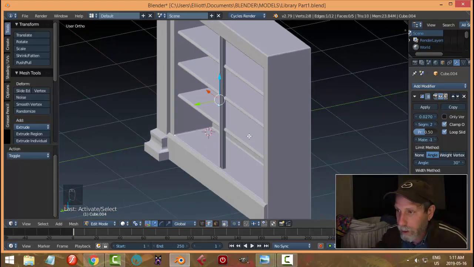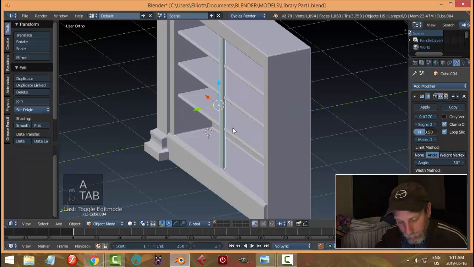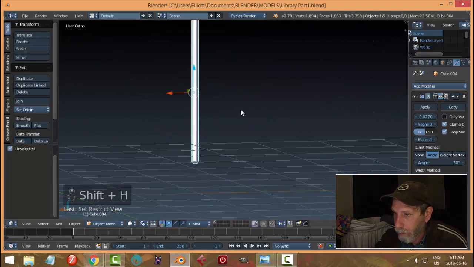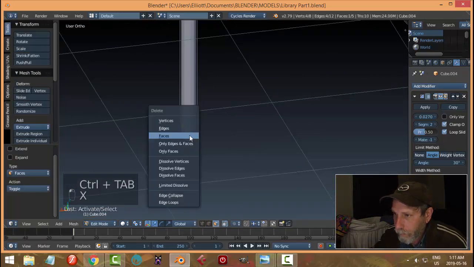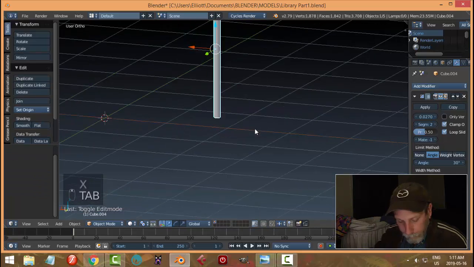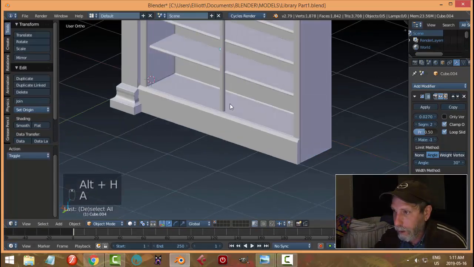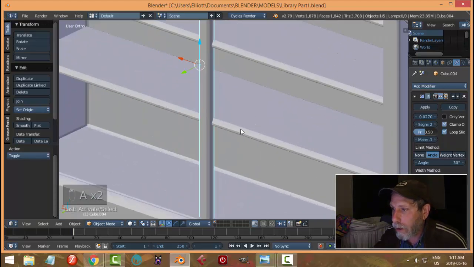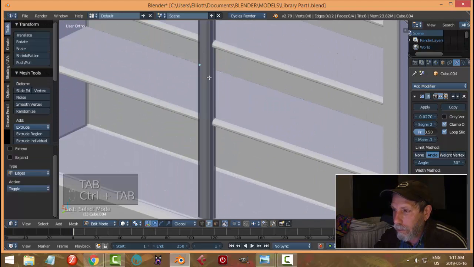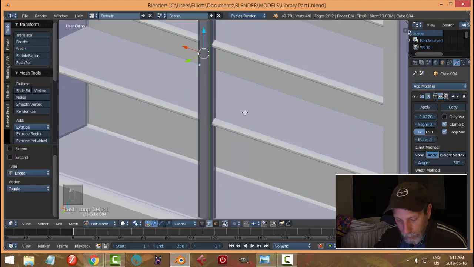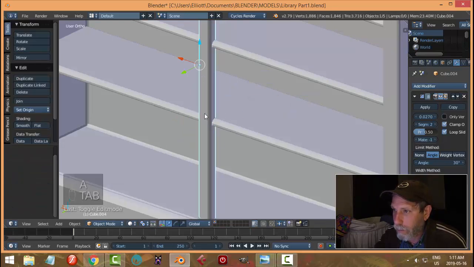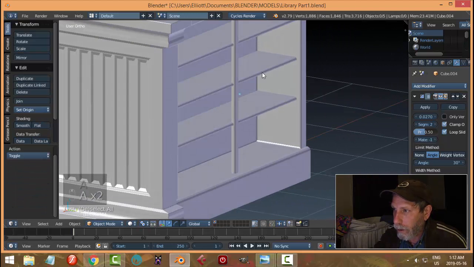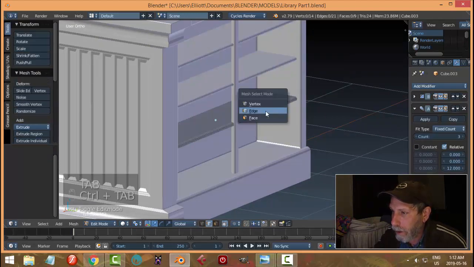So let's see, let's go out and Shift H to isolate that. I'll get rid of the bottom face there. Alt H to bring everything back. So that's got the bevel on it, eh? Alright, let's have a look at this. What I'll do is I'll take those front edges and Control B, I'll pull them back. But I just want one segment in there that'll help with the smoothing as well. Okay, we'll come in here and